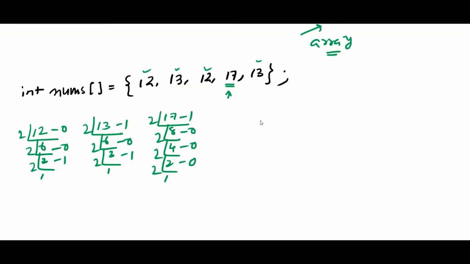Okay, so here we find the binary of 3 different numbers. So now let's see what we're going to do. We're going to perform the bitwise XOR operation with each particular number with a 0 and save the result, and repeat this process till we cover all the numbers, and then we'll check the result.